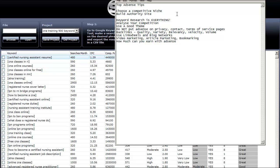Now, good keyword research is absolutely everything, and you need to be able to analyze the competition, and I couldn't stress more having a very good theme. I prefer to use a CTR theme, but there are other really great themes out there for AdSense. There's the heat map theme, and there's several others. The only one I really don't like is ProSense, and I did use it for a while, but I just found that